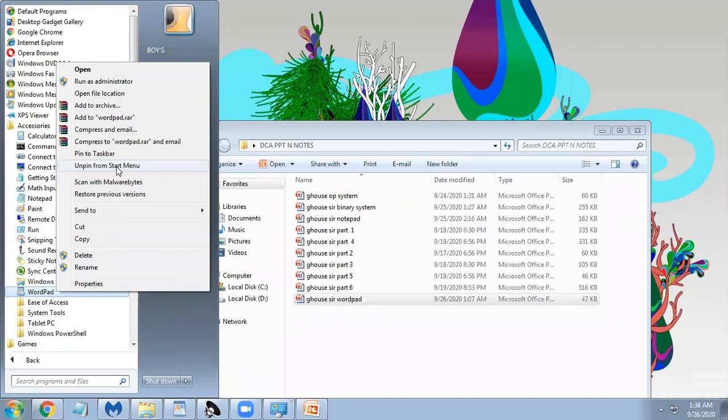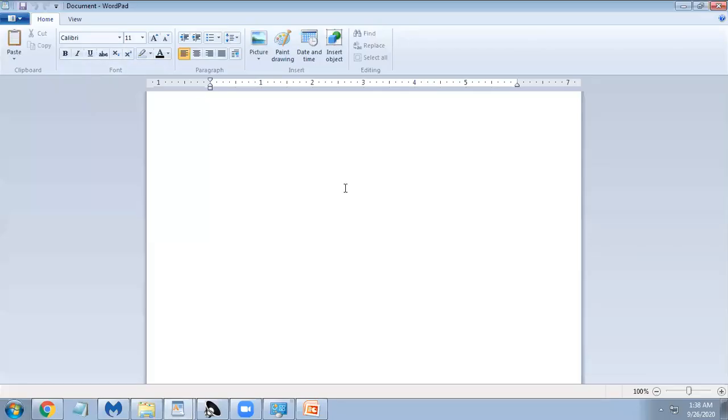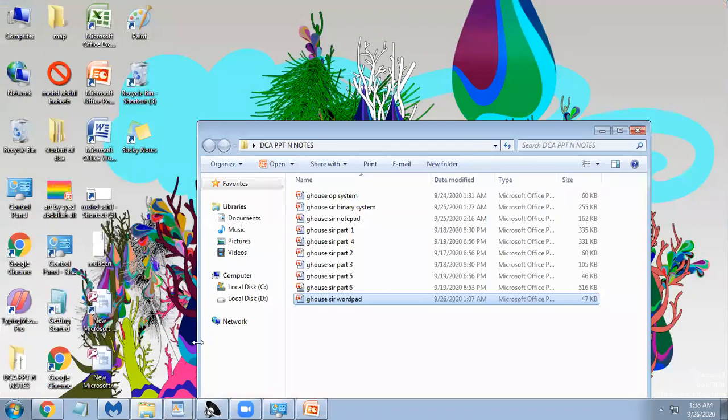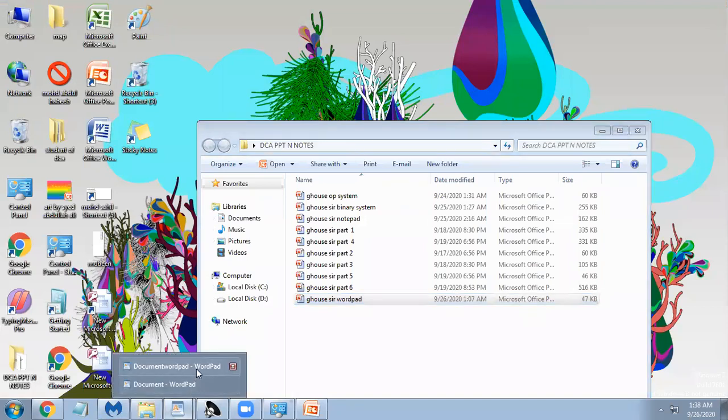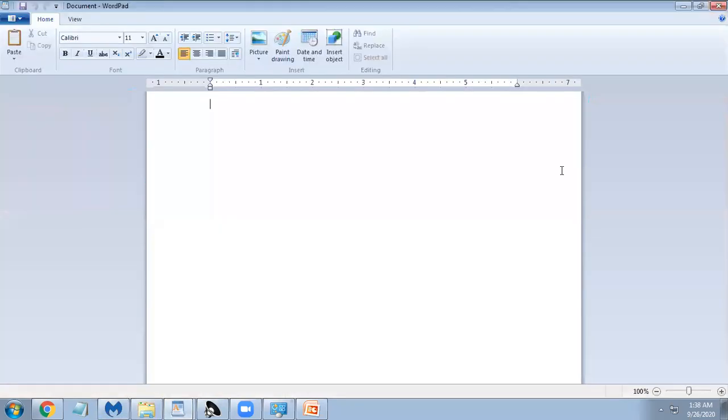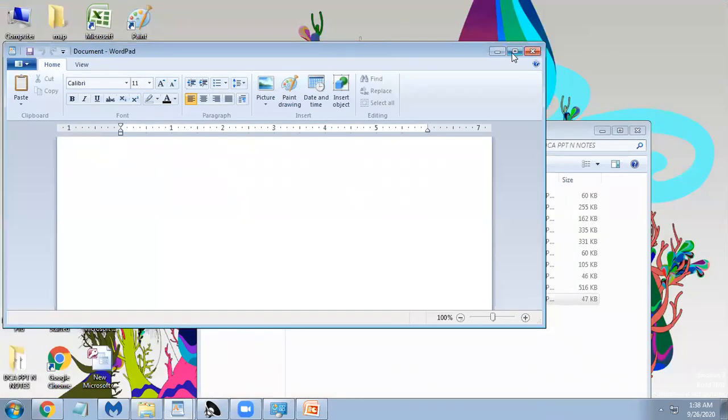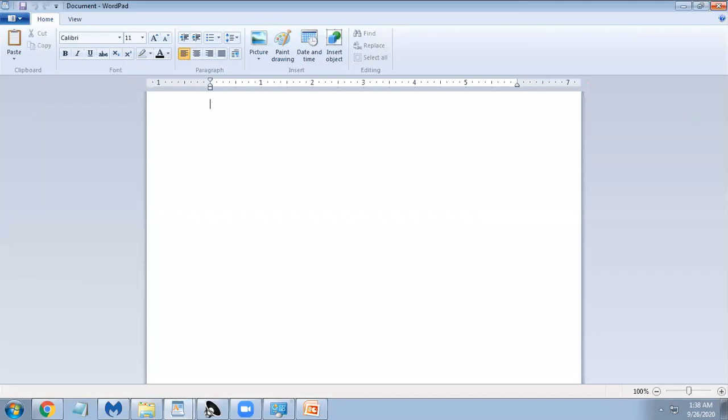Already I have one file open here. This is how WordPad looks. It's similar to Notepad. You have minimize, resize to make it big or small, and close. If you close here, it will go away.